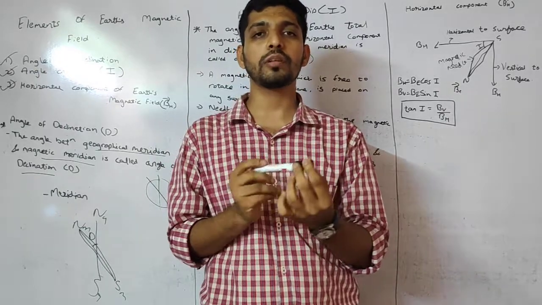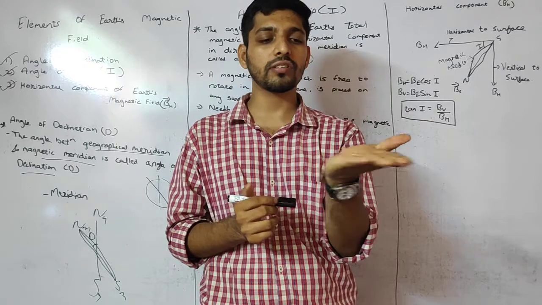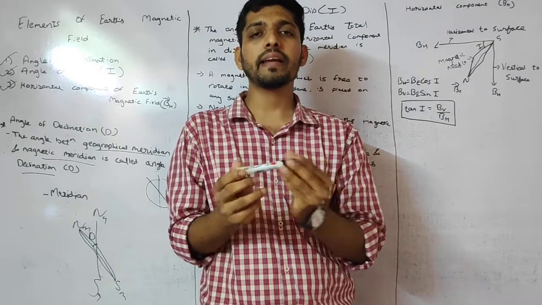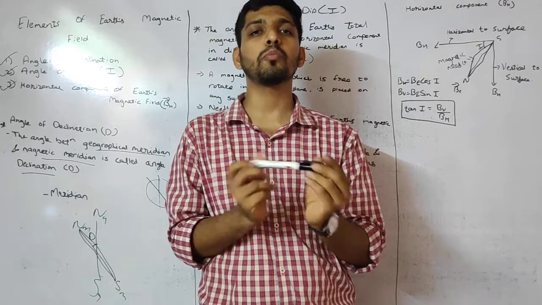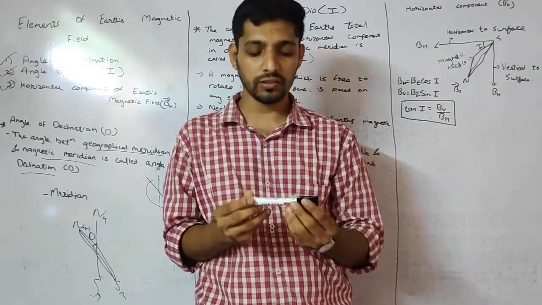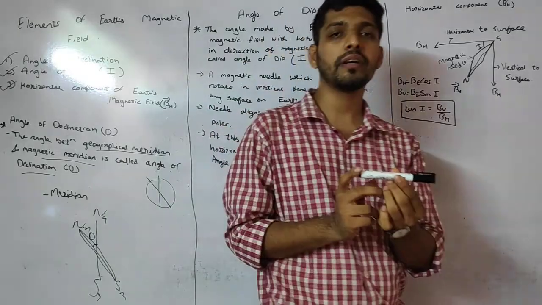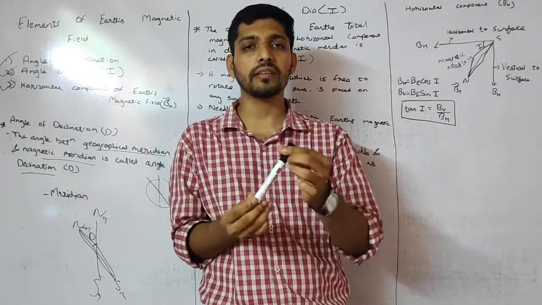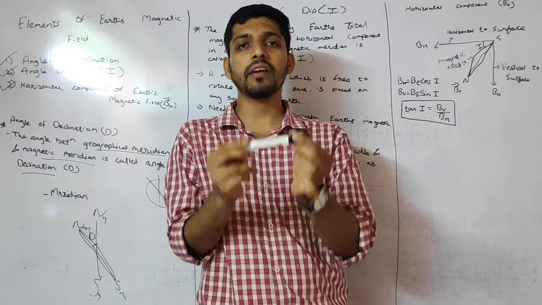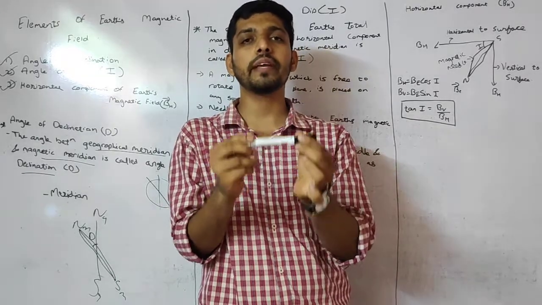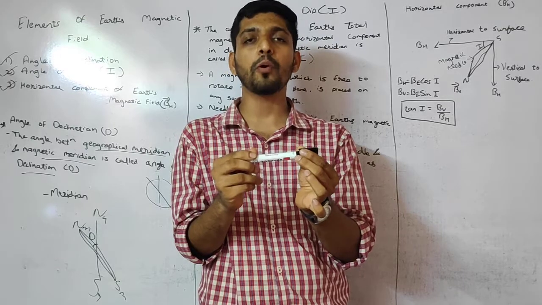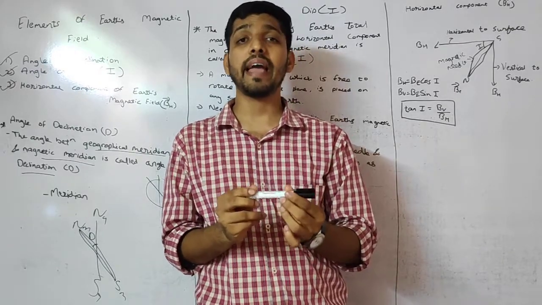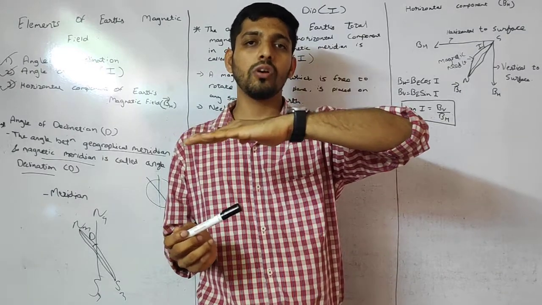this is horizontal. Whenever you carry a compass, or see one on a mobile, how do we see it? We just put the compass like this, so the magnetic needle can only move in the horizontal direction. It can't move in the vertical direction. So if you allow this magnetic needle to move in the vertical direction also, and if you go and keep this magnetic needle at some point and allow it to rotate freely in the vertical direction,